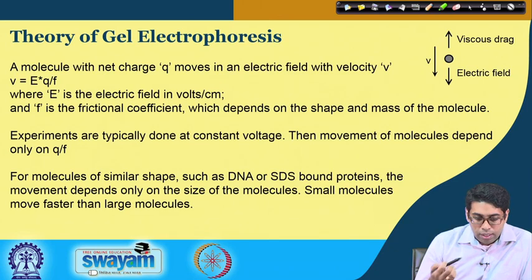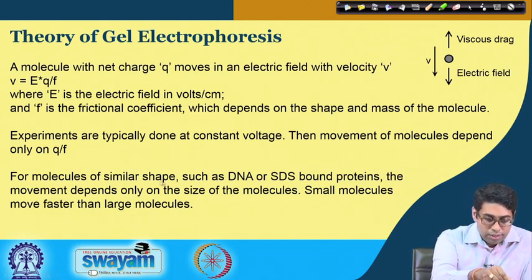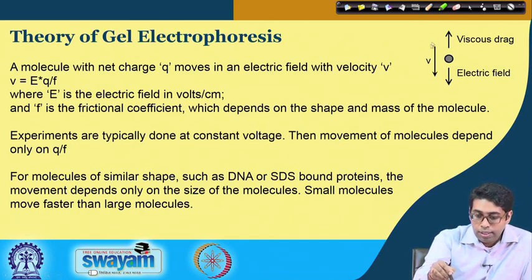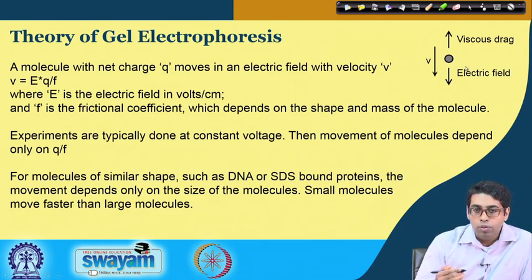Okay. Now, if we think of DNA, it is easier to think of DNA molecules in terms of this gel electrophoresis. These are typically long molecules. All DNA molecules have very similar shape, and the charge distribution is also exactly the same for all DNA molecules. So, it turns out that they have similar shape and they have similar charge to mass ratio. So, under these conditions, these molecules move depending on their size. So, only the size is the one that determines whether a DNA molecule will move faster or slower.